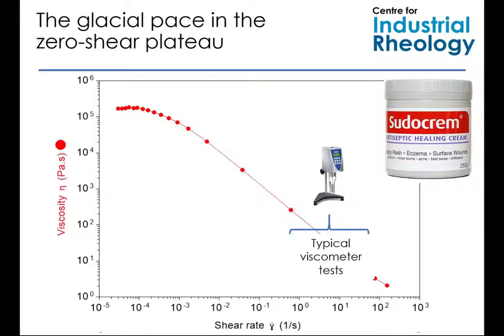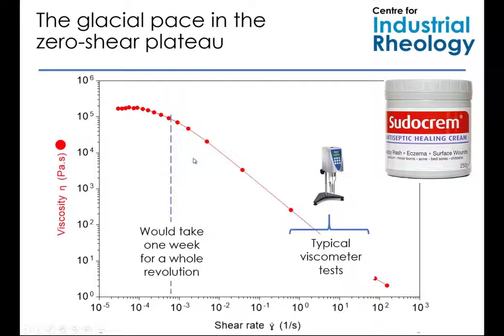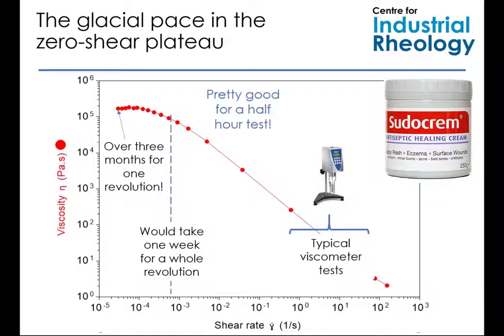Here we have a flow curve for a popular pharmaceutical topical pseudocreme, and we've covered a huge range of shear conditions. Rotational viscometers will typically work within this range, depending on the spindle and sample, but we can see that there's some really interesting behavior that occurs outside of its capable range. At this point of the curve, it would take our spindle an entire week to complete a rotation. And at this end, we're rotating, which is pretty good considering that we can perform the entirety of this test